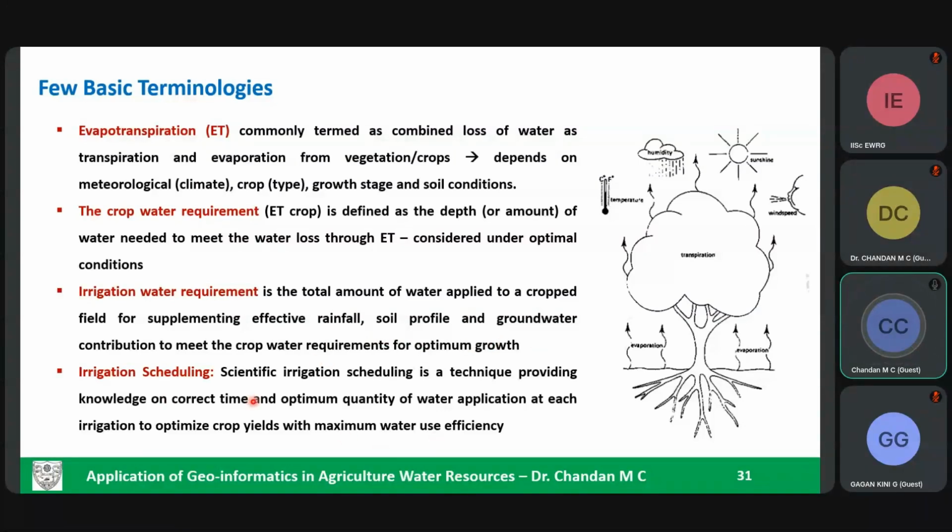Then we have the irrigation scheduling, which can be done at various phenology. Phenology means at different stages of growth of a crop, how much water is required. For example, if a farmer is on the banks of the river Kaveri near Mandya, or has his farm near the VC canal, he is not at all worrying about irrigation, because all throughout the year, more or less, he is getting irrigation water fed to his field. But that is not a sustainable practice. So what I mean to say here is we need to go for sustainable irrigation scheduling.